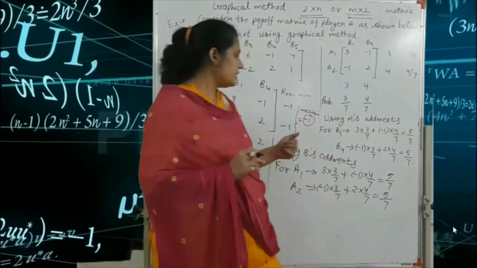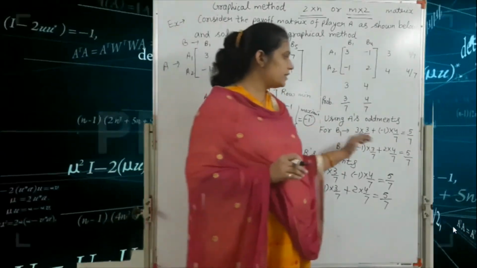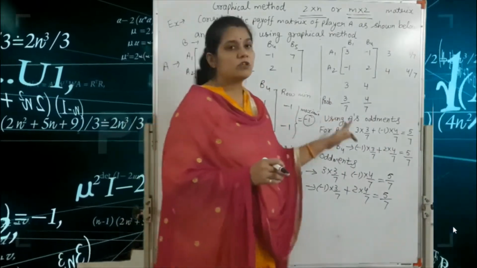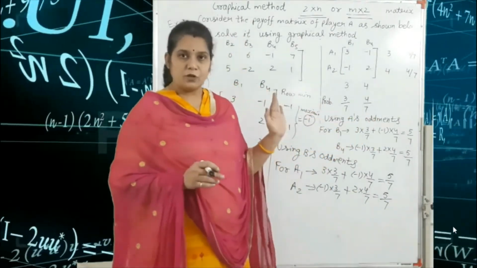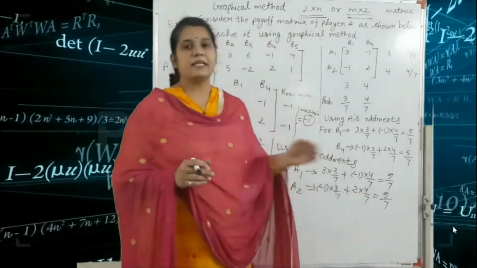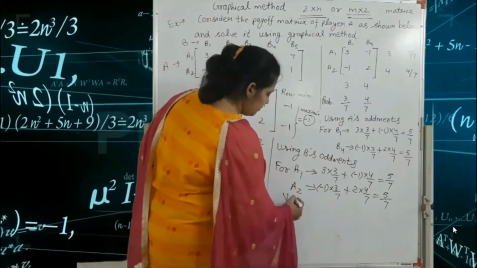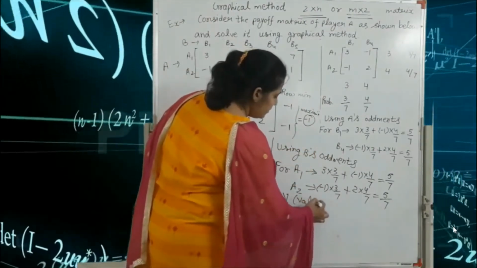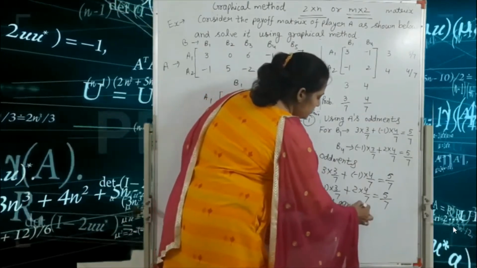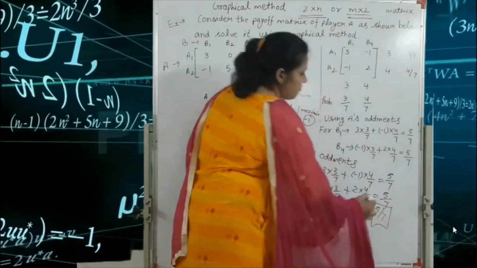Okay, so here the value of game is equal to what? If in case any one value is different from the other three values, then there is some calculation mistake in your answer, in your calculation. So here all these four values are same. That means 5 by 7. So value of game V is equal to 5 by 7, and this is our final answer.